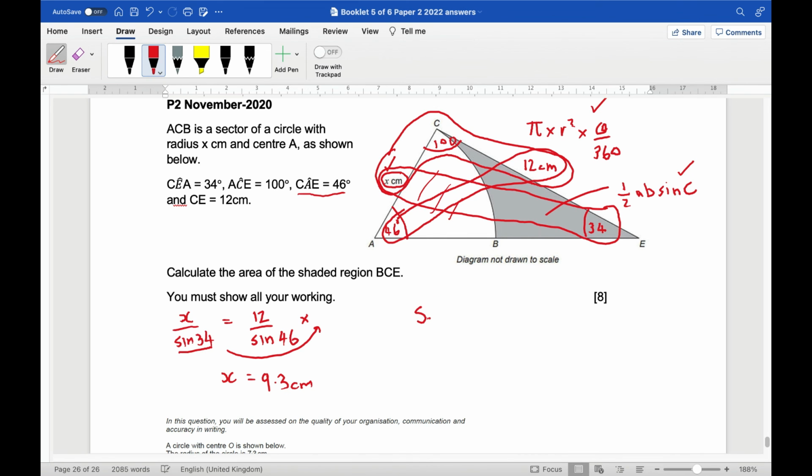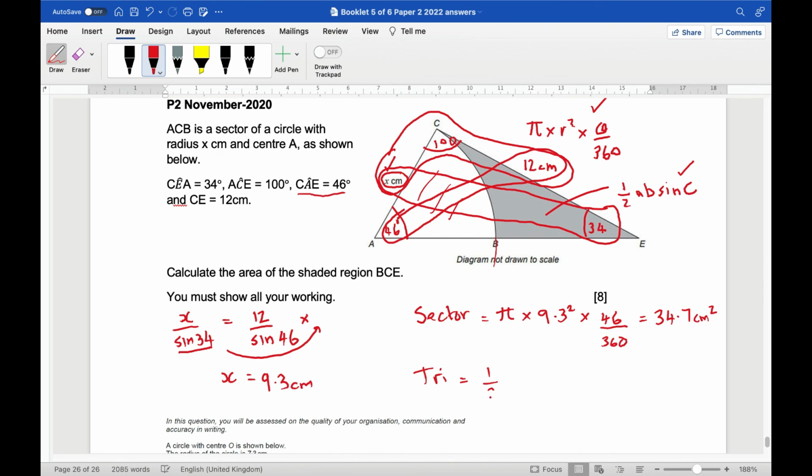So the sector is pi times the radius, which I've just worked out, squared, times the fraction, which is 46 out of 360, if you imagine that circle continuing all the way around, okay, which equals, times 46 over 360, which is 34.7 to 1 decimal place, centimetres squared, whereas the triangle